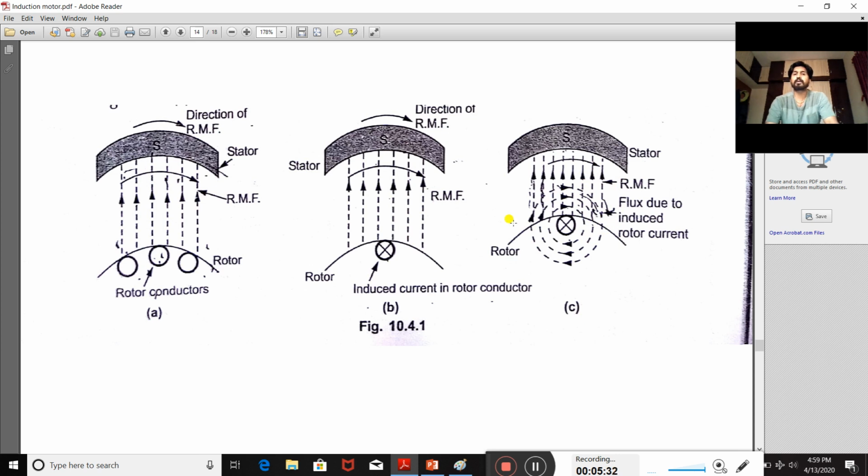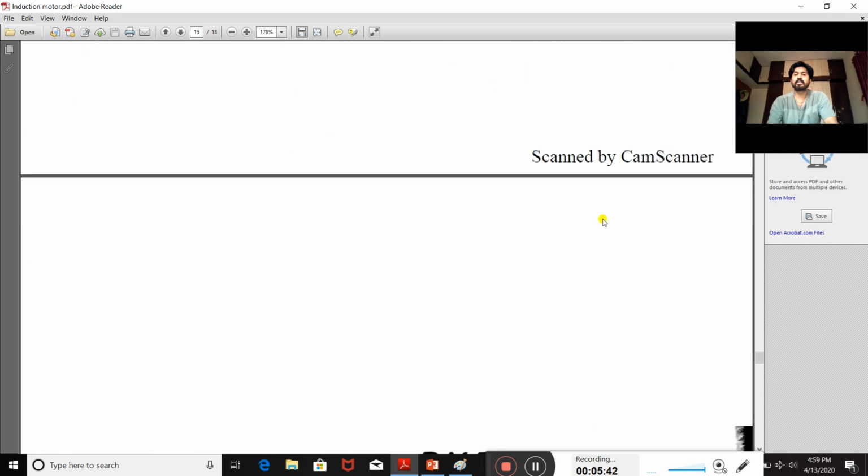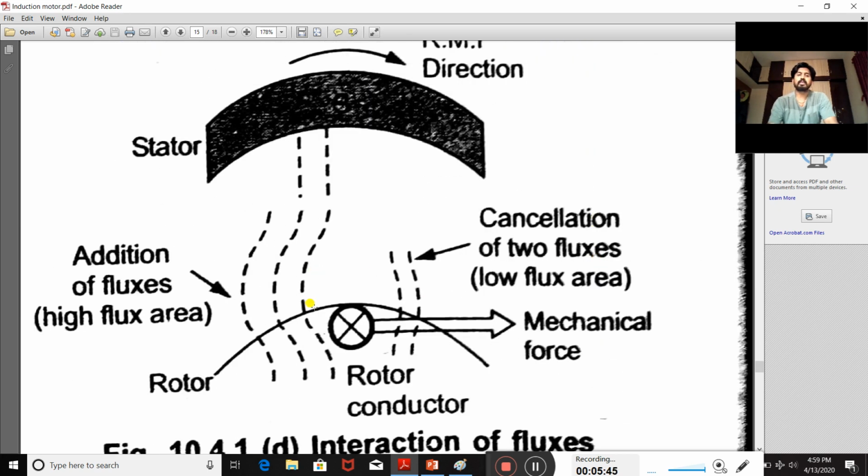Due to that, what happens is a high flux density area is created on this side and a low flux density area on this side. Because of that, force comes into the picture. That is what is shown in this diagram. Here, on this side, there is addition of flux, and here there is cancellation of flux. Because of cancellation of flux, a low flux area is created here and a high flux area on this side. Due to that, it exerts a pressure or force from the high flux area to the low flux